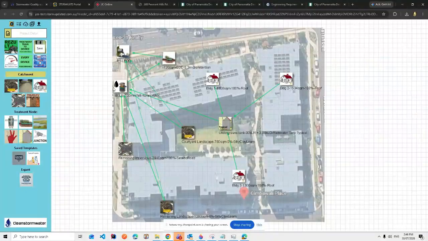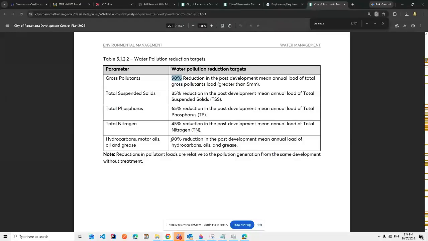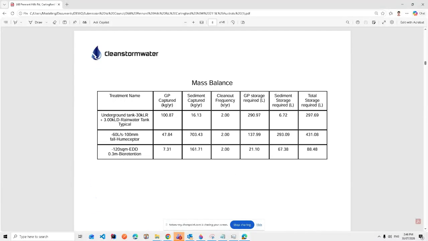That's just the ones with the hydrocarbon oil dot here. Useful for councils that need hydrocarbon. I think in Parramatta they need 90%, so that's why that's there. Mass balance, that's for determining how much storage you need based on the cleanout frequency. So in this case, we need 297 liters minimum if we want to have a cleanout frequency of twice per